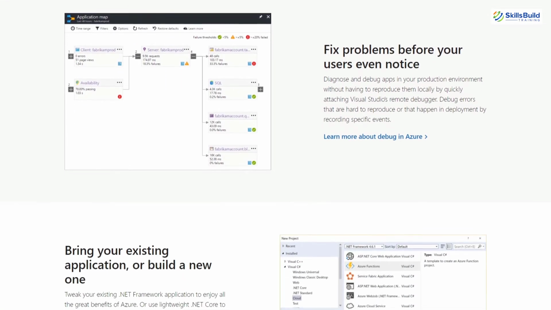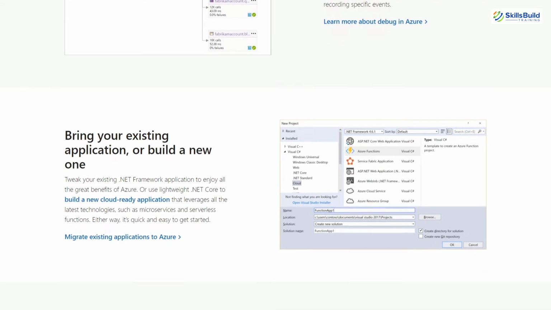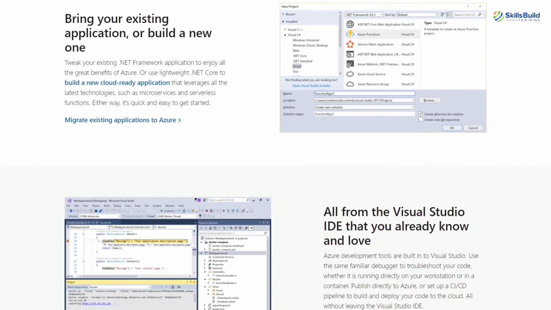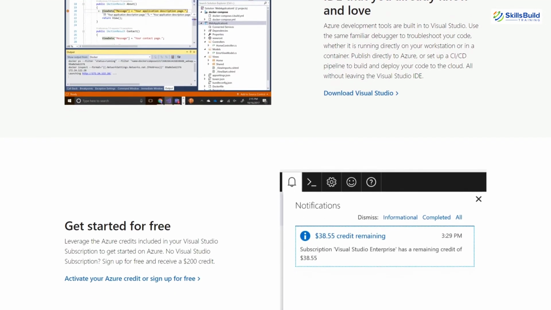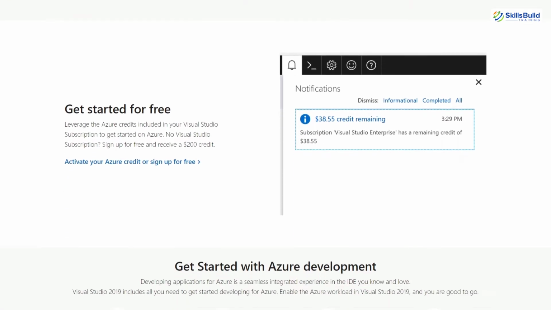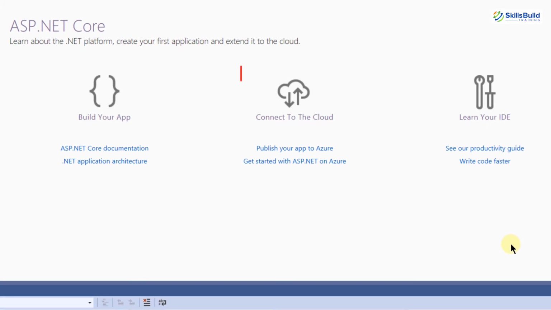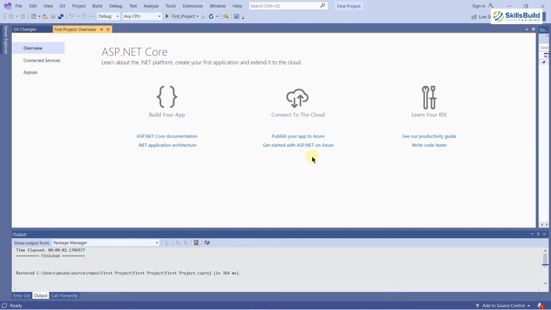Microsoft has included a great range of repositories with common patterns which teams and developers use today for application development. Here you can see it says connect to the cloud, and we have an option which says publish your app to Azure or get started with ASP.NET on Azure. So Azure is integrated now and we can use it for application development or even deployment.